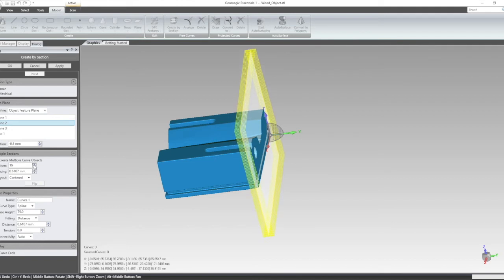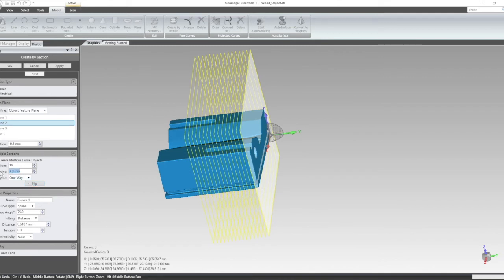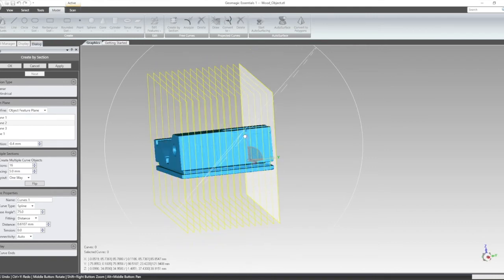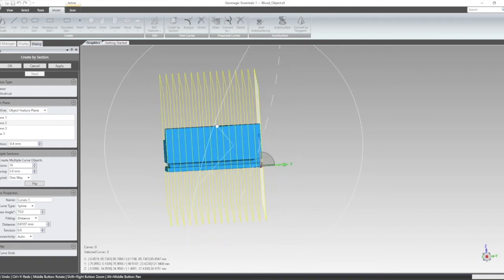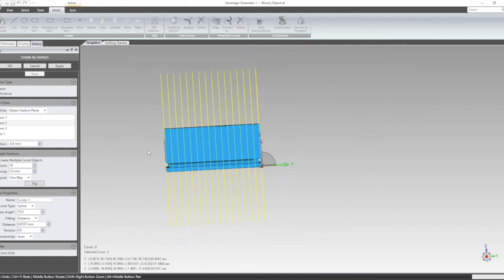And if I want to have several planes over here, I can go up with my planes over here, let's say 60, I can say 3 millimeters, and here I can choose now it going on from central, so from both ways. I just want one way, and now it's wrong way, so I want to flip. Now I can make it a bit bigger, let's say 5. Yeah, 5 looks quite good. If I now click on apply,